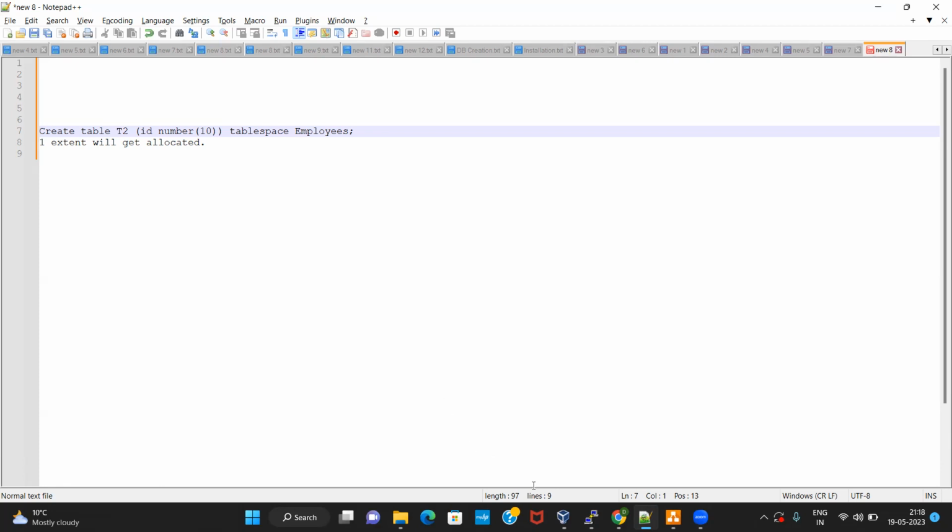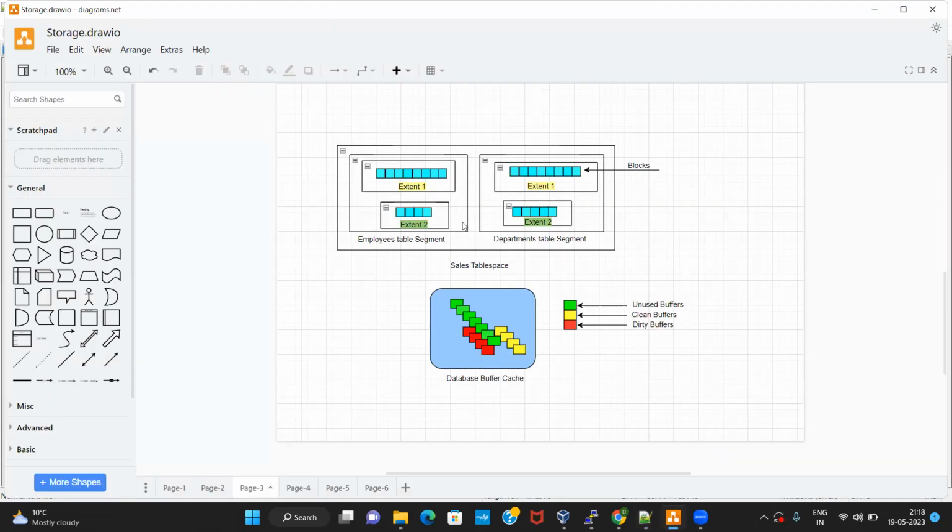And each of those extents is internally made up of Oracle blocks, right? We discussed this yesterday, correct?